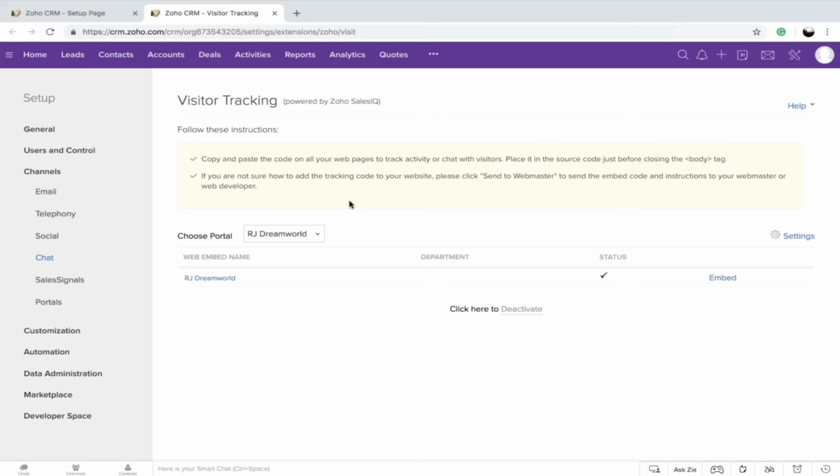The chat here is powered by Zoho SalesIQ. This will help you to access the chat history of your leads. You can also convert the live chat into leads, add deals, and create follow-ups right from the chat window. So the integration between SalesIQ and the CRM will help you get all the information from your visitors' engagement on your website. Let's say you can just get the code from SalesIQ and embed that in your website. So this helps you get a chat widget,